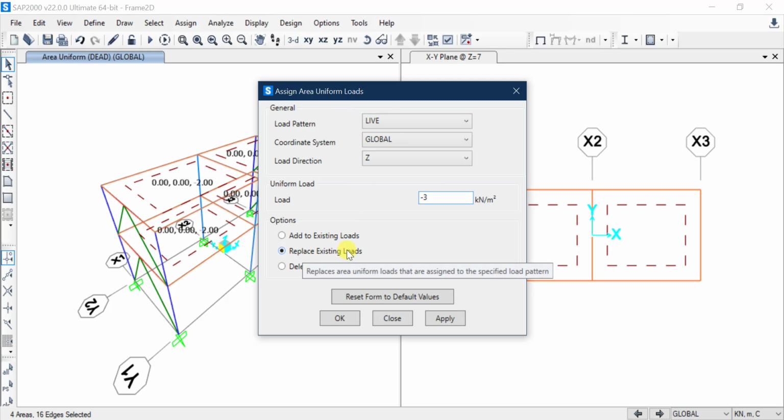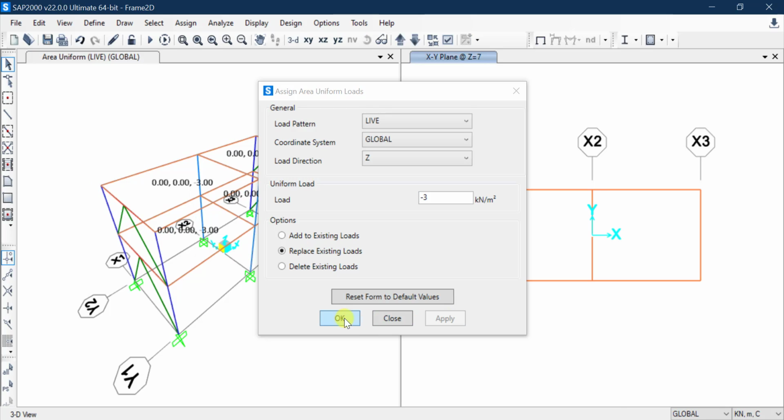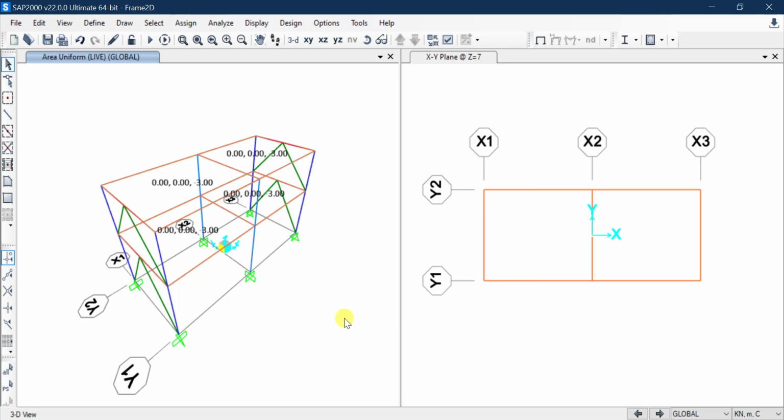So you are replacing things. You see, if I hover here, it says replaces area uniform loads that are assigned to the specified load pattern. So it will not replace what we already did in the dead load. Under dead load, it will only replace anything that we may have defined under live load. So I will click apply, and that's it. So now we defined all the loads in our example, both of them